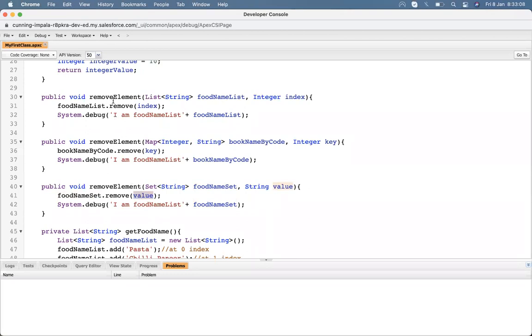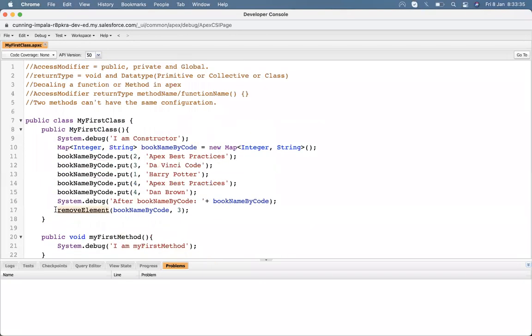We know the remove function is common to them, but what we remove by is different. So we pass those three different things and remove any element from that set, map, or list. Also, since we give the method that name, our code is much clearer and more understandable.